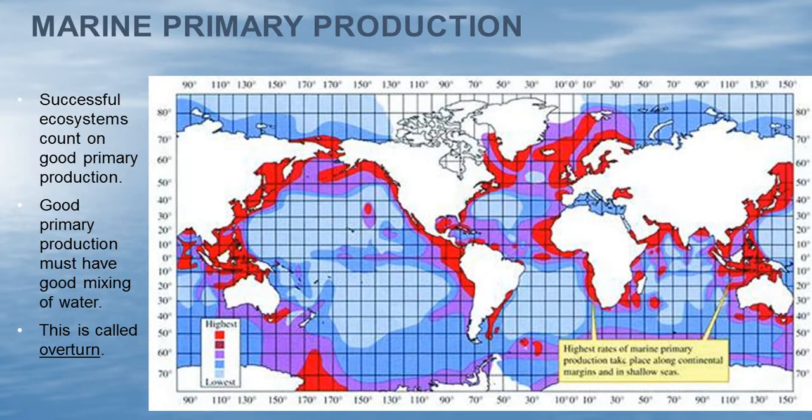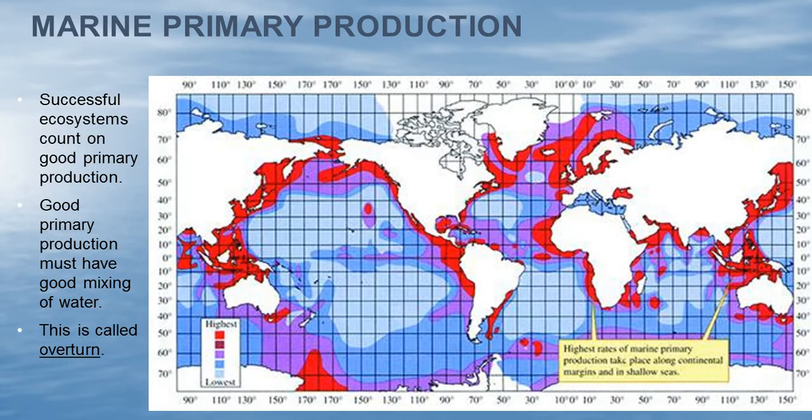This is a map showing the primary production around the world. The red parts right there you can see is where it's the strongest. It's very full right here all along the coast. And you can guess why that's true, and it's because of the warmth, right? And the shallowness of the water, so these phytoplankton can be very, very close to the sun, and they can produce a lot.